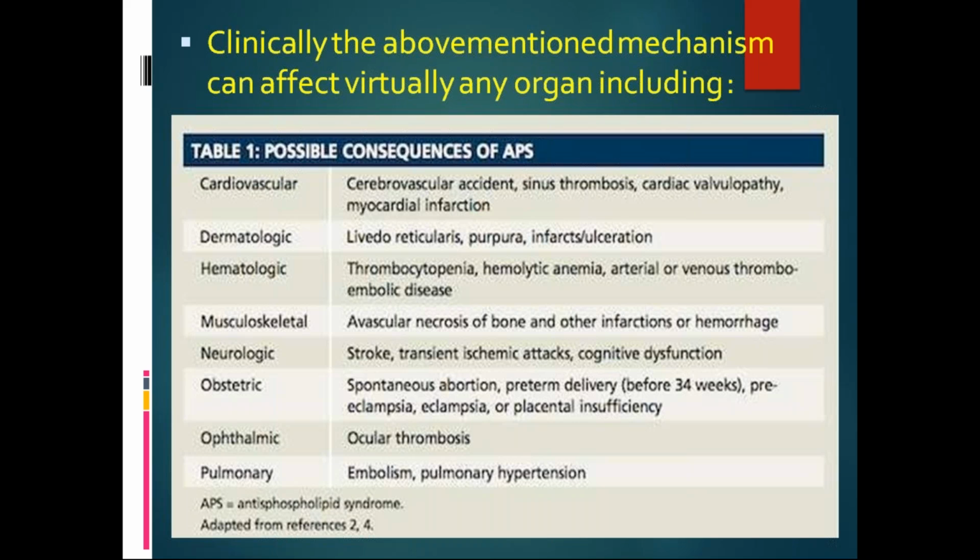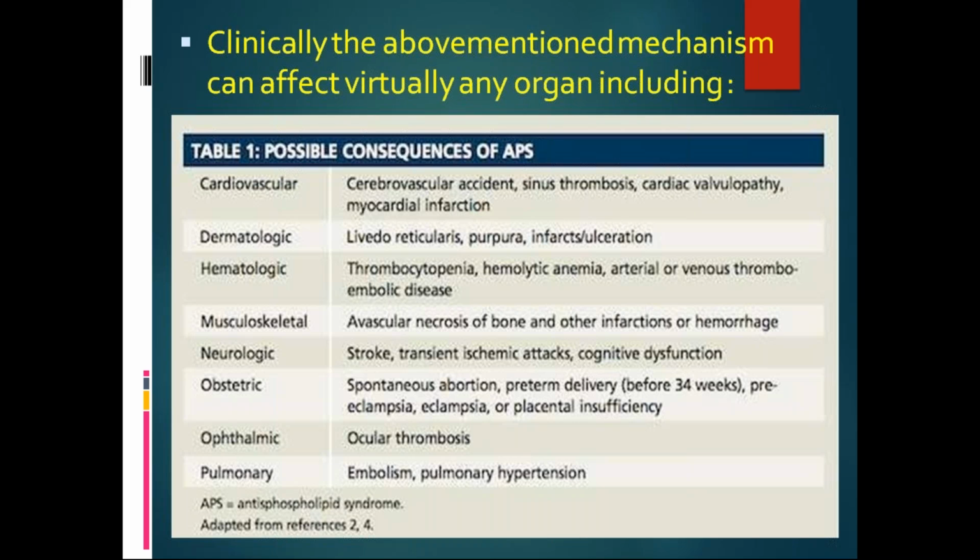That is embolic stroke. Whenever the thrombus is formed in the coronary arteries and that dislodges into the brain, cerebrovascular accident can happen. Signs: thrombosis, cardiovalvulopathy, or myocardial infarction. You just remember the thrombosis, and you can write all these names. Dermatologic: livedo reticularis, purpura, infarcts can happen because of the thrombosis. Hematologic: thrombocytopenia, hemolytic anemia, arterial or venous thromboembolic disease. Musculoskeletal: avascular necrosis of the bone and other infarctions or hemorrhage. Neurologic: stroke, transient ischemic attacks. What is very, very important that you must mention is